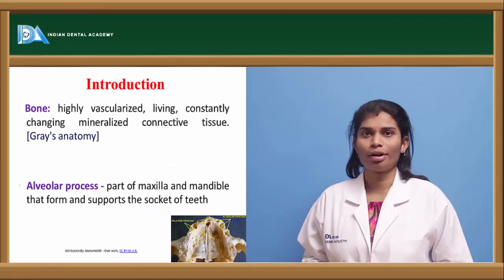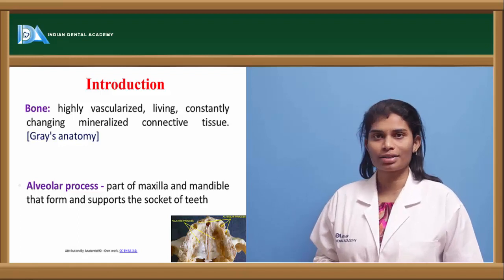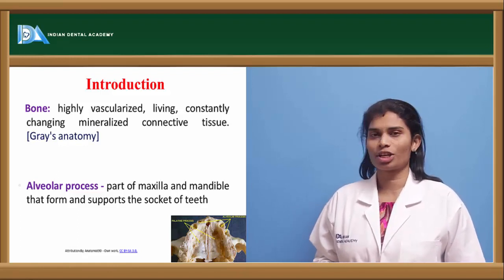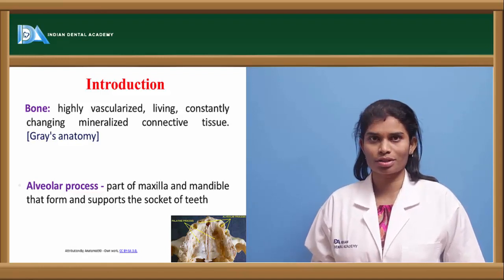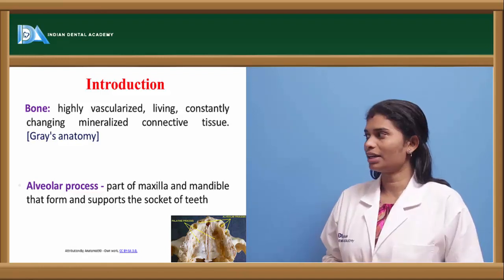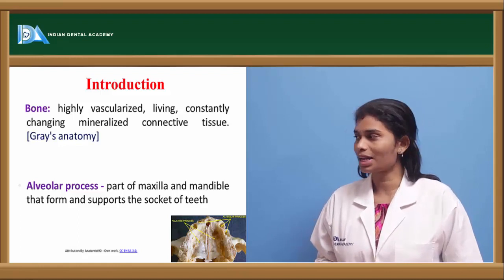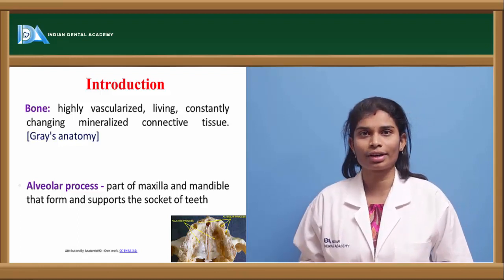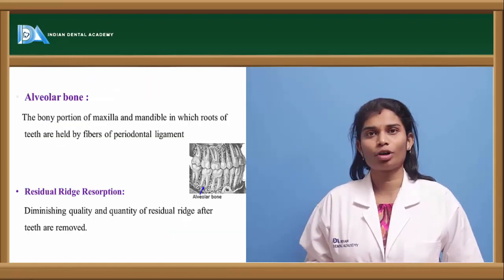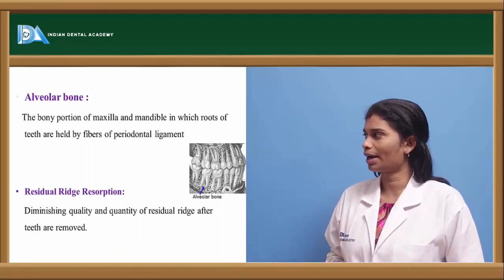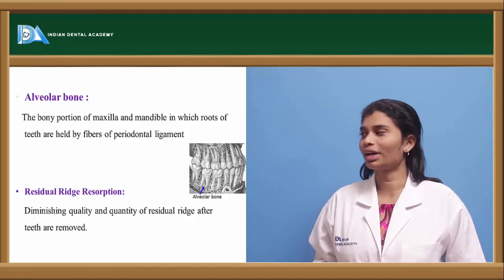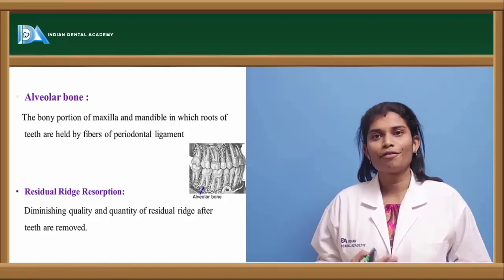What is bone? Bone is highly vascularized, living, constantly changing mineralized connective tissue. What is alveolar process? It is the part of maxilla and mandible that forms and supports the socket of the teeth. What is alveolar bone? Is the bony portion of maxilla and mandible in which the roots of teeth are held by the fibers of